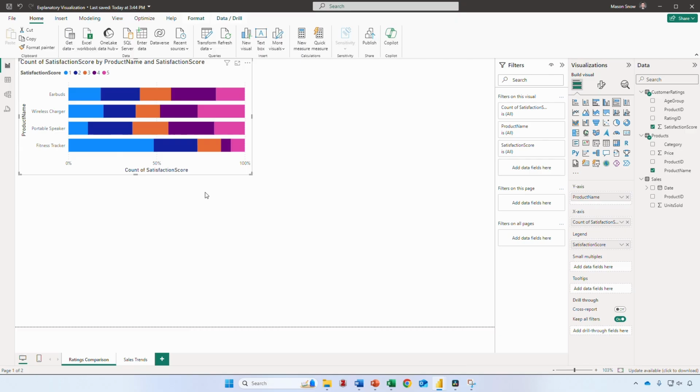First, if you ever just want to change the text of the fields being presented, you can do it by double-clicking any of our visual inputs and renaming them. For example, instead of count of satisfaction score, maybe I want the x-axis to be titled Ratings Breakdown. Perhaps instead of product name, we could leave this just as product. These are okay changes for now, but as you'll soon see, we might get rid of the axis titles altogether,